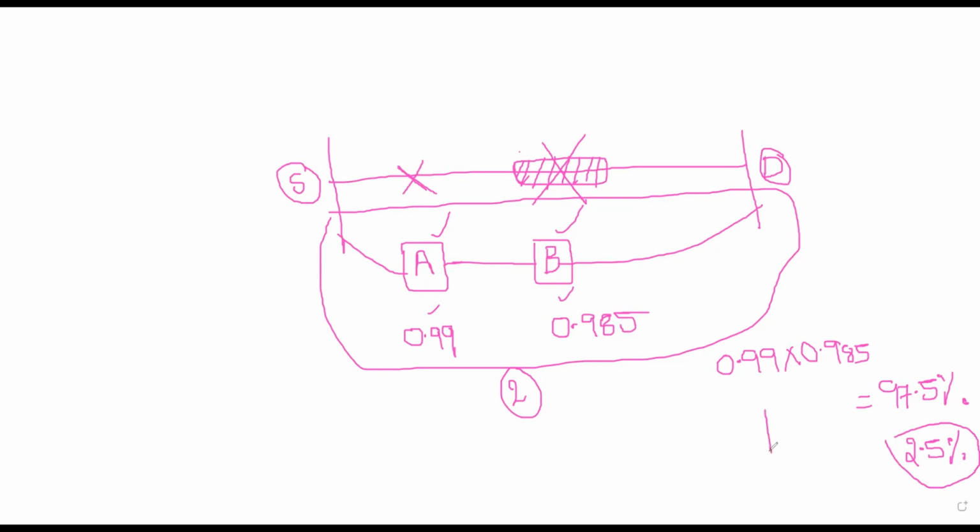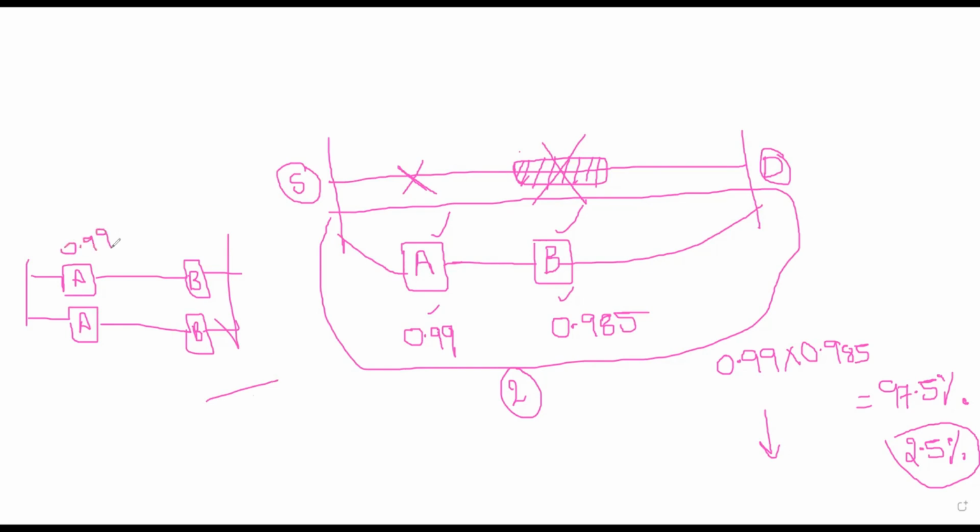So if I want to bring this down, what do I have to do? I have to lay one more path from source to the destination. One is AB, and I will add one more AB path, so if this path fails, this one would be there. Then what is the failure rate now? 0.99 is the reliability of this component and this component, and the reliability of the B component is 0.985. Then what is the reliability of this entire system with the two paths?